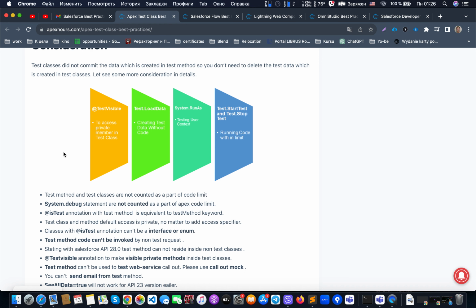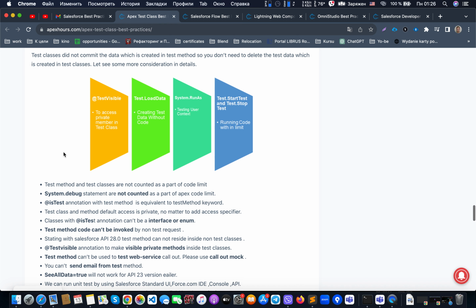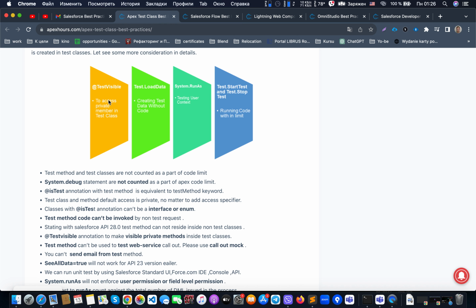So I think that also what we have here is different kinds of conditional annotations. I could see that they are marked here, for example TestVisible. This TestVisible is an annotation that we could add to the private members of the class that we would like to test, and then it will be visible to the related unit test class. But we need to be accurate with this TestVisible, because generally when we have some function in the class